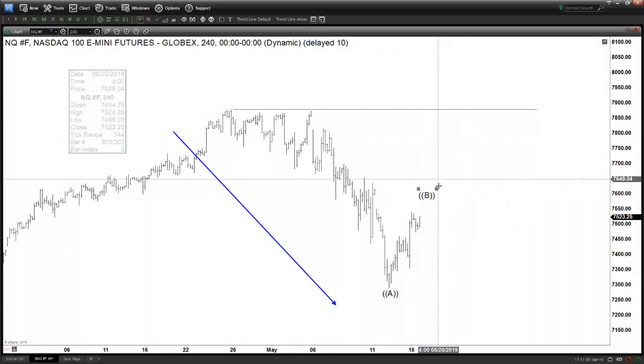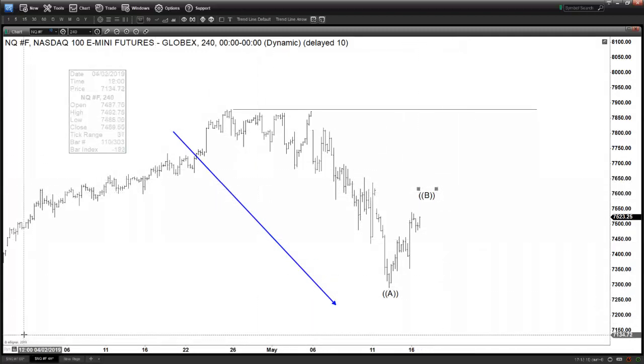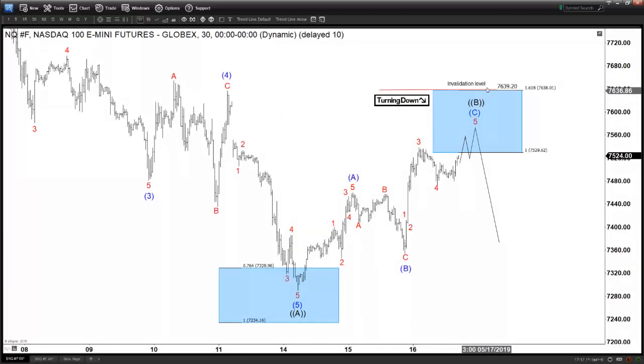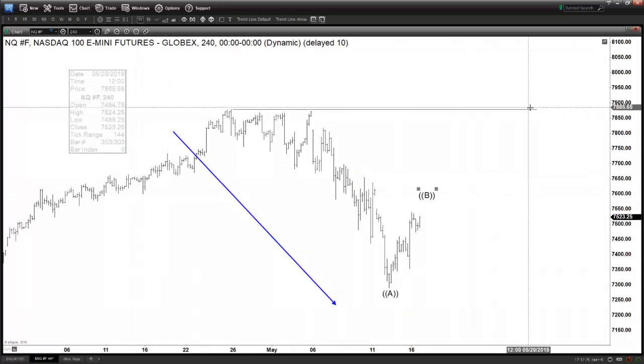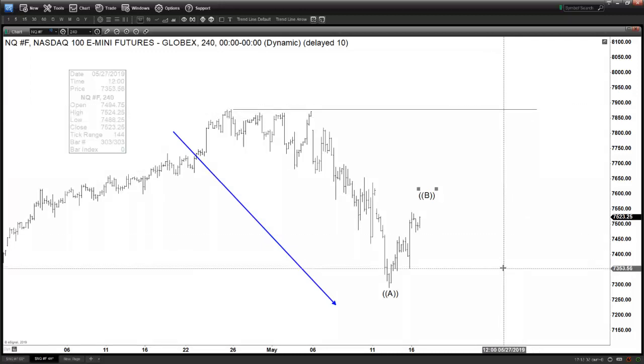We're looking for a C leg lower, at least another leg to the downside. Now if this continues to extend higher and maybe reaches this 7639, for example, and breaks the invalidation level, it doesn't mean it suddenly becomes invalidated. It is still expected to fail below this high on April 25th, which is 7872, and then start to extend lower,